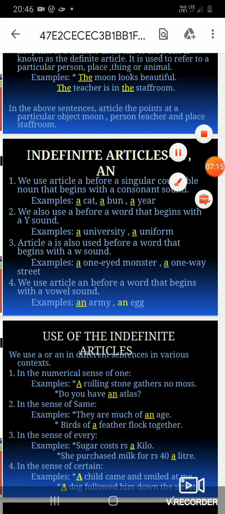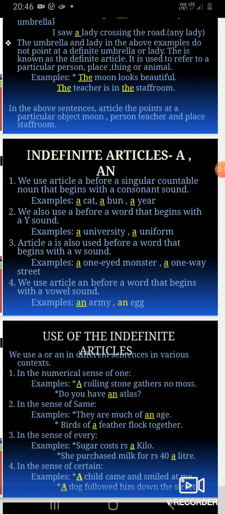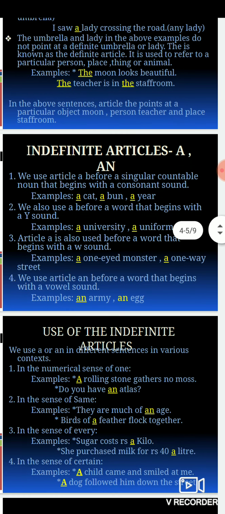In higher classes, you have to study about the sound. In lower classes we just study that if a word begins with a consonant, then we will use a, but a word which begins with a vowel, we use an. So in higher classes we do not use that,